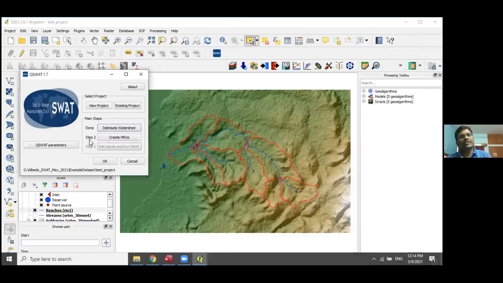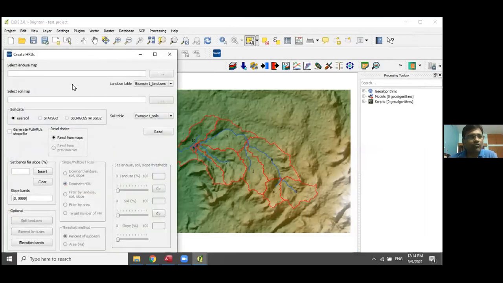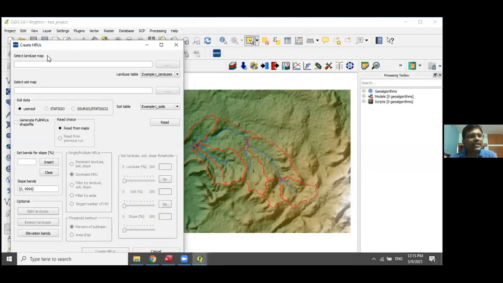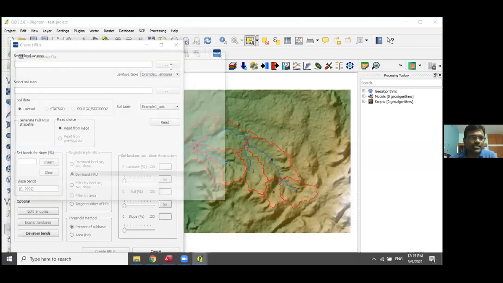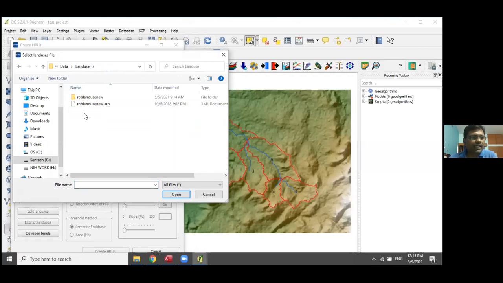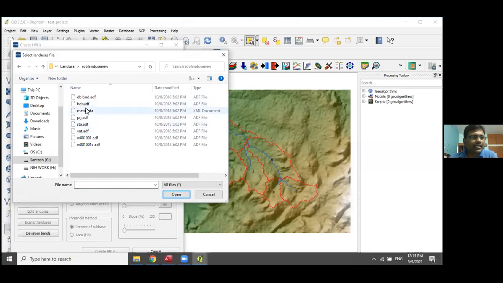Now the second step is to create the hydrological response units. We have to provide this information. The first one is to select the land use land cover map. Just click on this, go to the land use land cover folder and select the hdr.adf file.